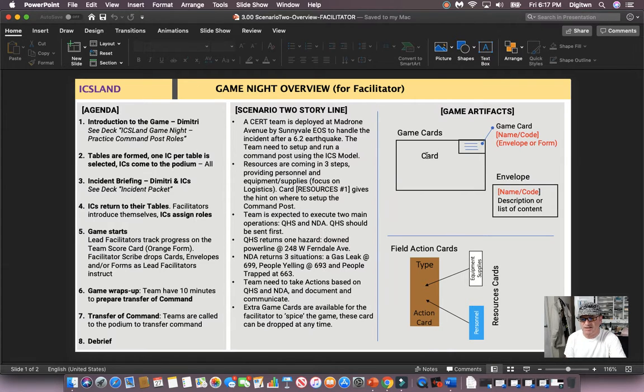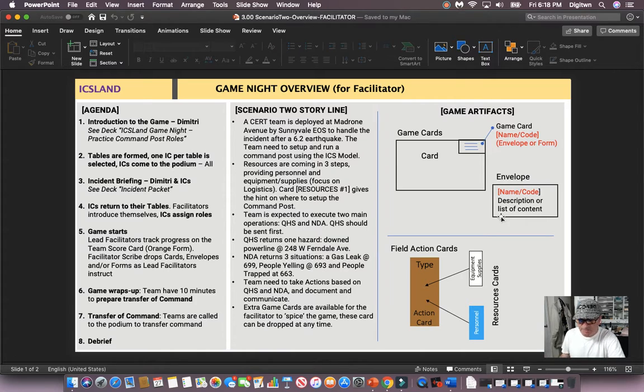Each card, obviously, has a description in the middle. Here is an example of a card, and we will look at that in a further video. The card has on the top a name and a code, and if you have things to drop together with the card, such as an envelope with resources or a form, it will be indicated in this little box on the card. So that's easier to use.